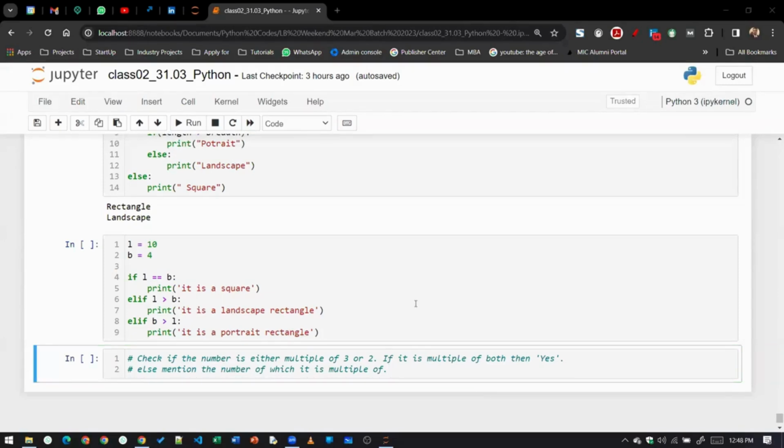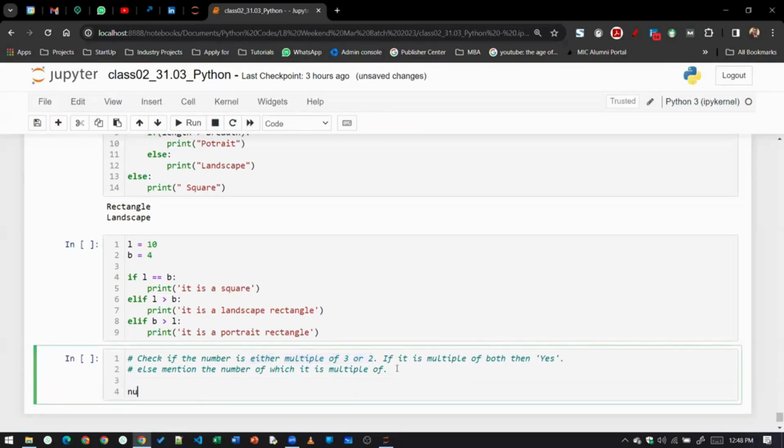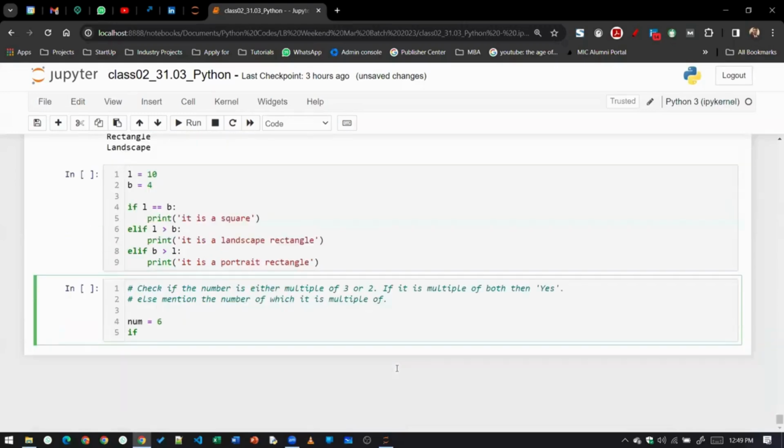Class, I have written multiple of 3 or 2. I am not saying and. The number should be either a multiple of 3 or 2. We'll take a number, suppose let's say 6. Then you write if num modulus 3 equal to 0,